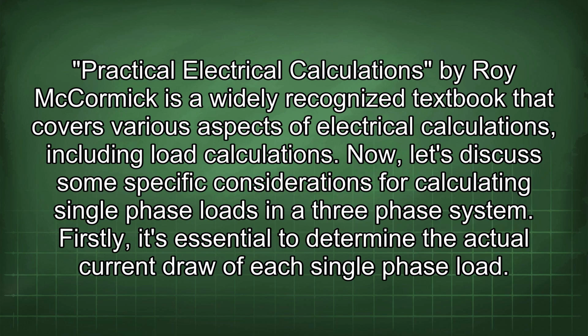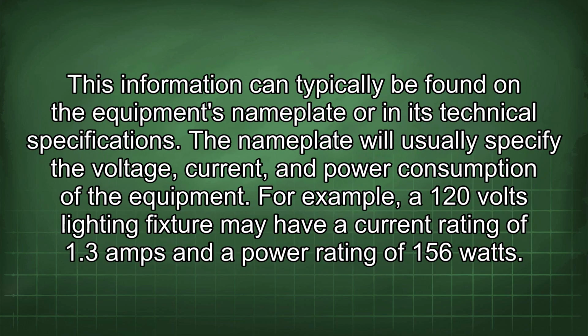Now, let's discuss some specific considerations for calculating single-phase loads in a three-phase system. Firstly, it's essential to determine the actual current draw of each single-phase load. This information can typically be found in the equipment's nameplate or in its technical specifications. The nameplate will usually specify the voltage, current, and power consumption of the equipment. For example, a 120 volt lighting fixture may have a current rating of 1.3 amps and a power rating of